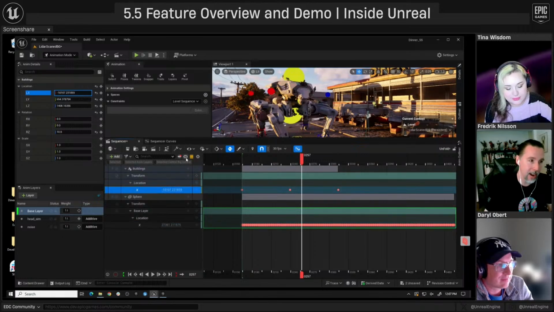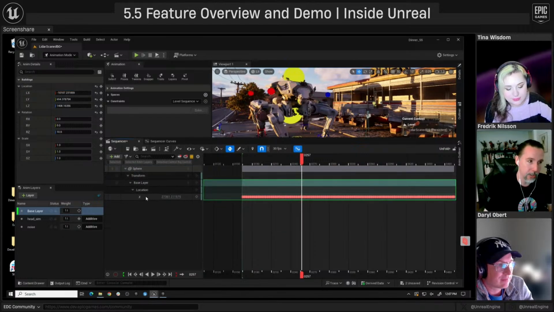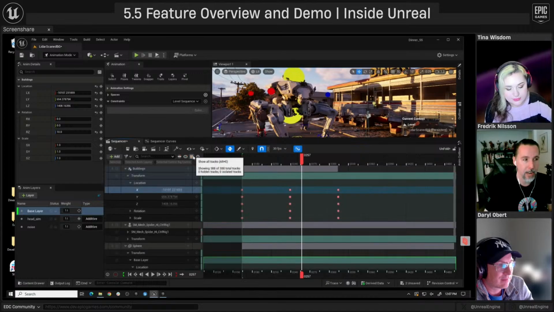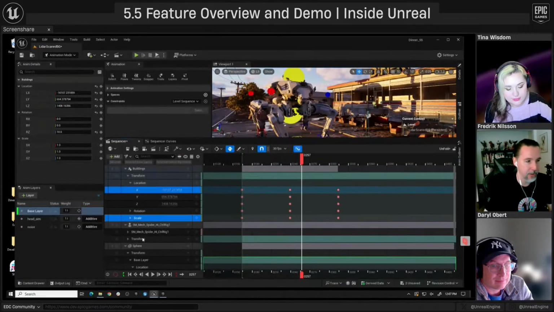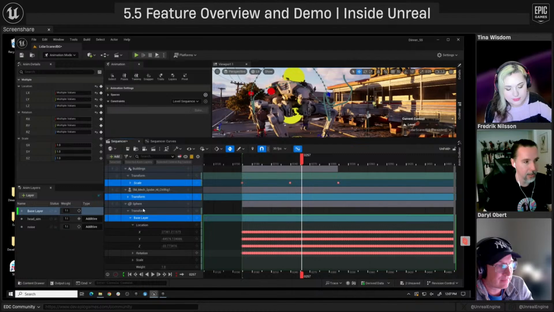I can even go here and hit the hide button, and now that one will go away and it will only show that. And now I'm kind of left with just the TX of the sphere. If I hit this button, I can bring everything back really quickly and pick a few other things that I want to work on, hit my hotkey, and now I've cleaned up what I'm looking at.